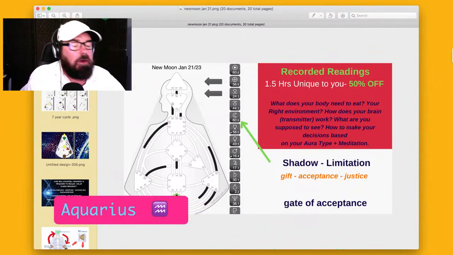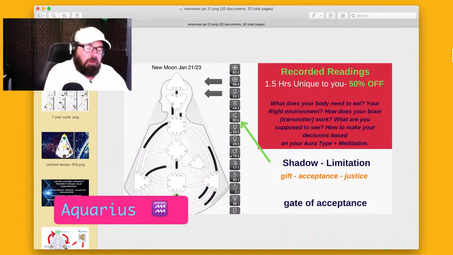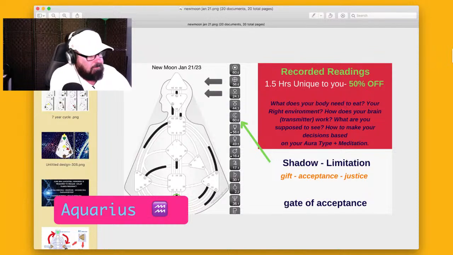Okay, let's go for Aquarius. Aquarius. And you've got the shadow of limitation in the 12th house. In the 12th house. Aquarius, rising, sun or moon. So if you want to learn more about the shadow of limitation, go back to the beginning. It's very mutative, this energy, for this new moon cycle.